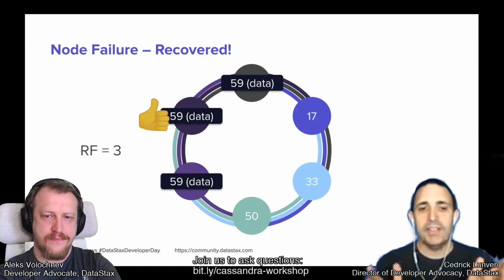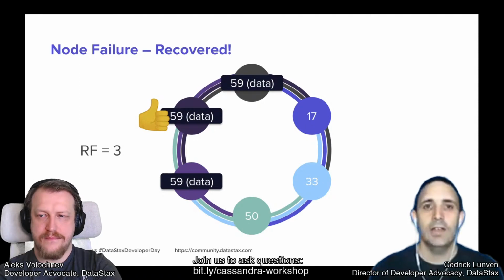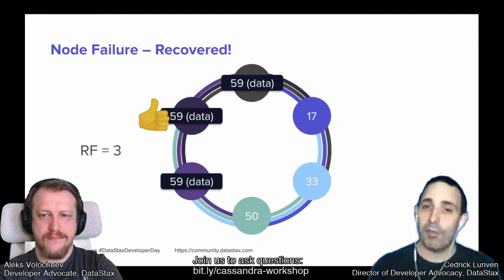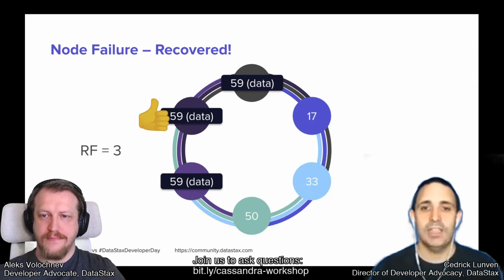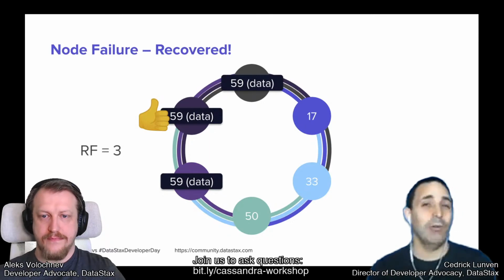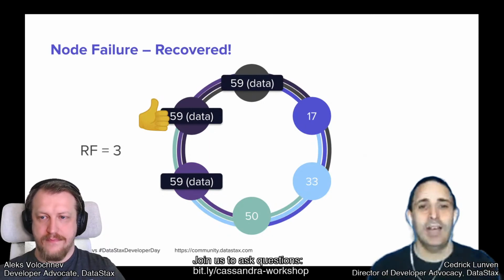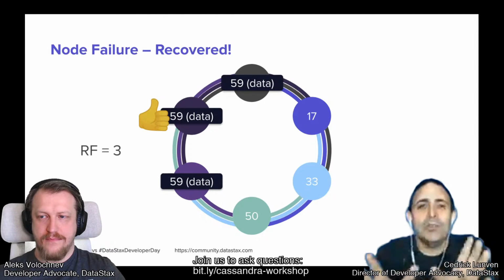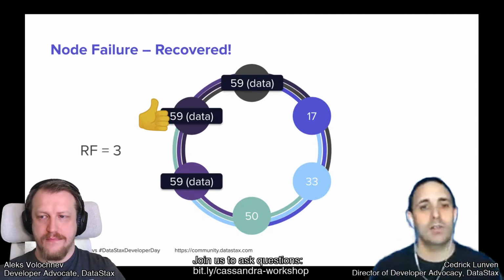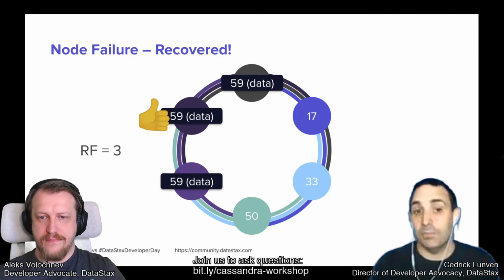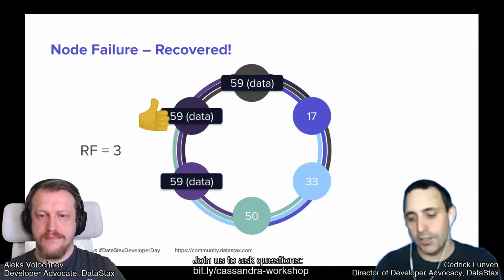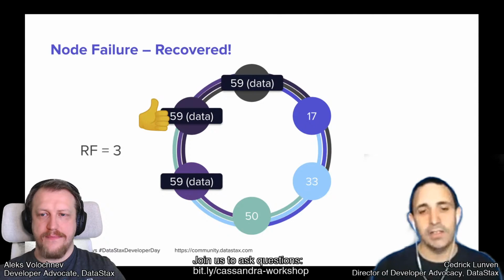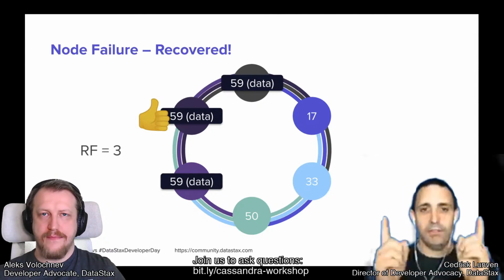This hinted handoff mechanism is set up by default to 3 hours. You can extend the duration, but if the node is down for 24 hours, let's say, when it comes back online, there is potentially a huge amount of data to stream to it, and it might take some time to catch up. So we would rather bring a totally fresh new node instead of just bringing back a node that has been down for more than the hinted handoff period.